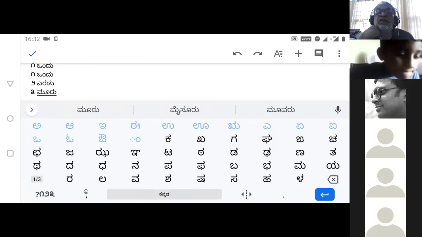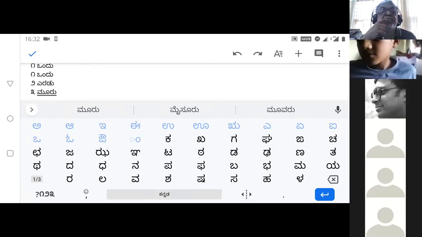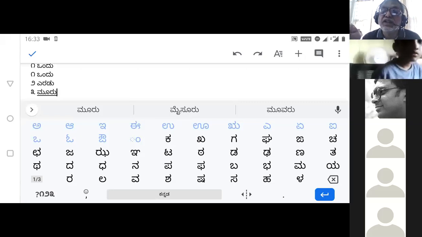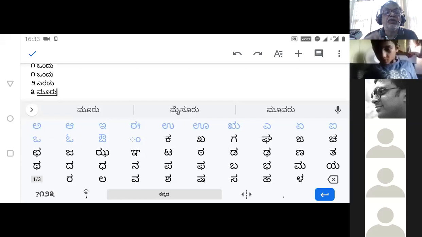Yeah, that's okay. ಒಂದು ಎರಡು ಮೂರು. So congratulations, we already got 30% of the numbers. I just typed it again, Muru. ಮೂರು. So ಒಂದು ಎರಡು ಮೂರು.